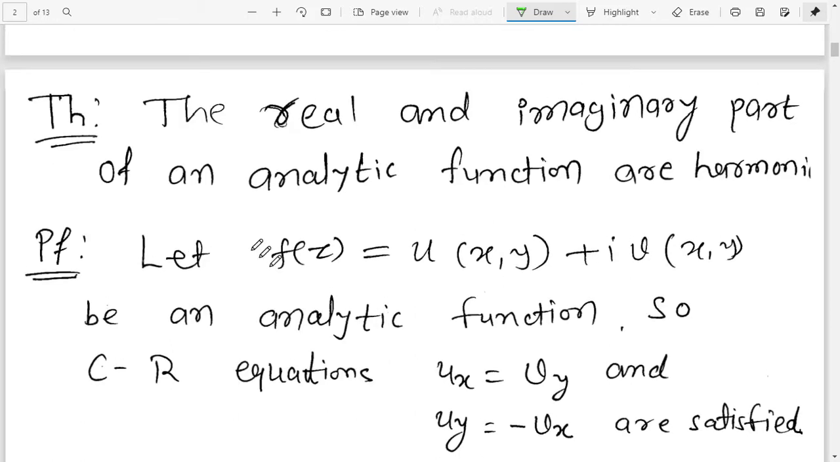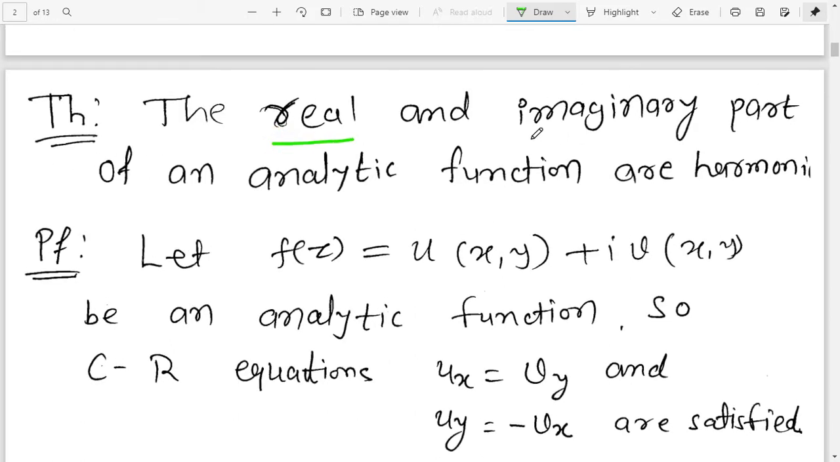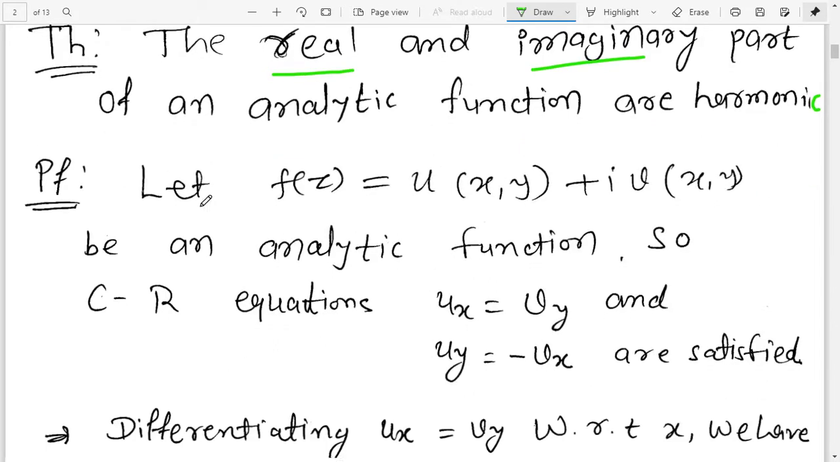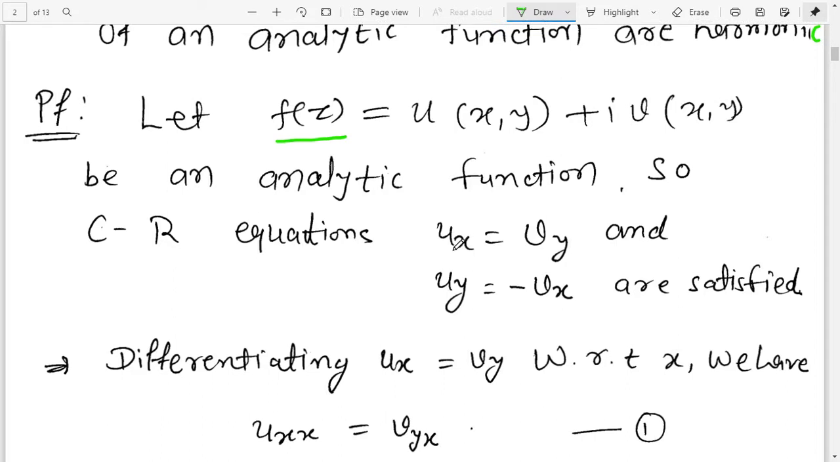Now we see the theorem. The real and imaginary parts of an analytic function are harmonic. Let the analytic function f of z be equal to u plus iota v, where u and v are functions of x and y. Since it is analytic, the CR equations are satisfied: ux is equal to vy and uy is